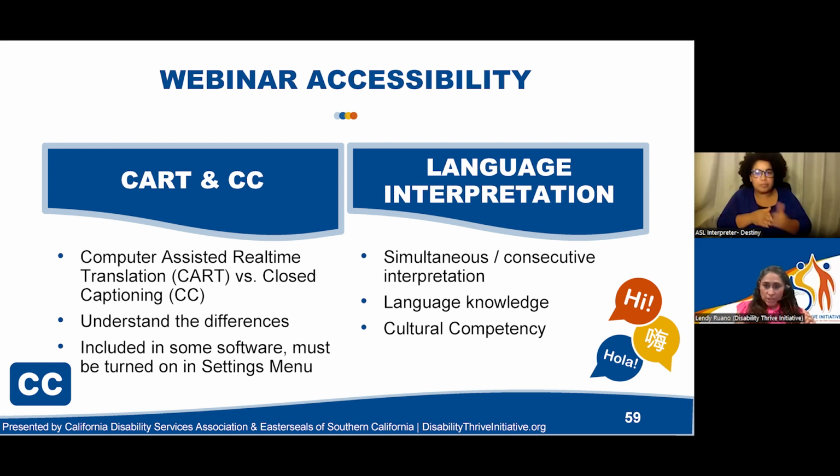Language interpretation. Now, be aware that you do have options for language interpretation. You have simultaneous or consecutive interpretation. So make sure that you are aware of the differences between both of them. When hiring someone to provide language interpretation, you want to make sure that there is a clear understanding of the language, the type of interpretation needed, and we do highly recommend that you consider cultural competency when providing language